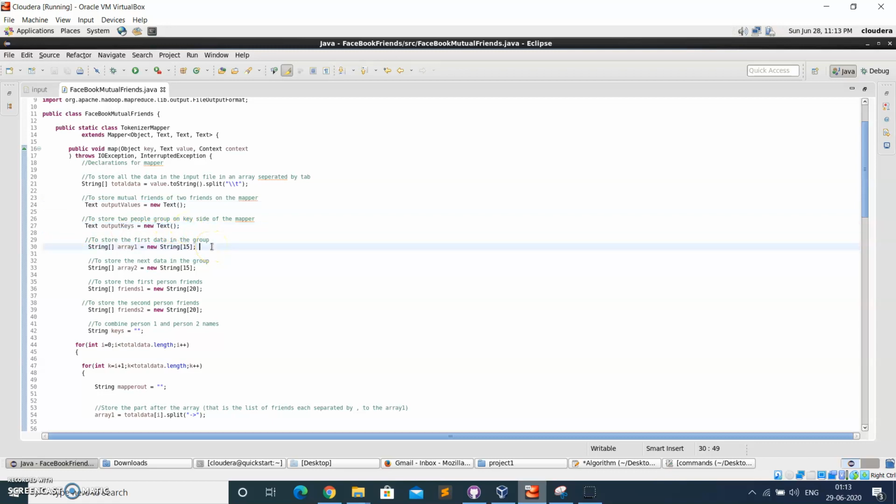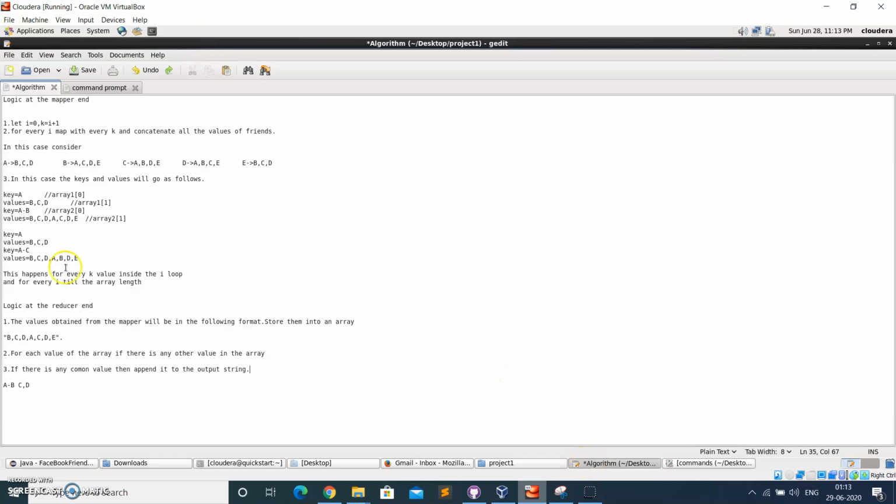So in the first step, we are trying to create two arrays. Let's see the algorithm first. We are creating two arrays, array 1 and array 2. Since we are splitting the first part, A slash B C D is going to be the first value of our main array.